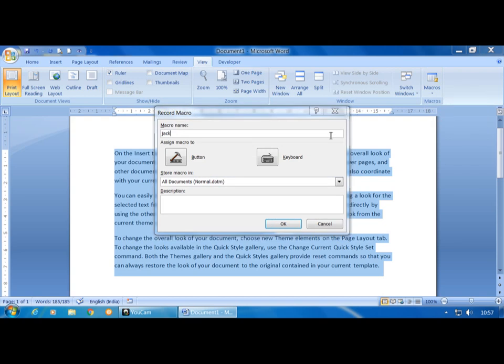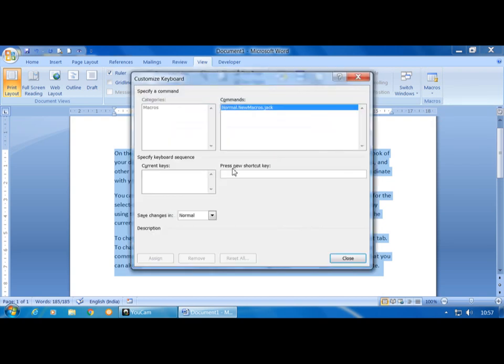Now I will apply the Keyboard option. Press new shortcut key. Here you have to give any one shortcut key. So I will apply the shortcut key as Control plus D. Then click on Assign. Click on Close.